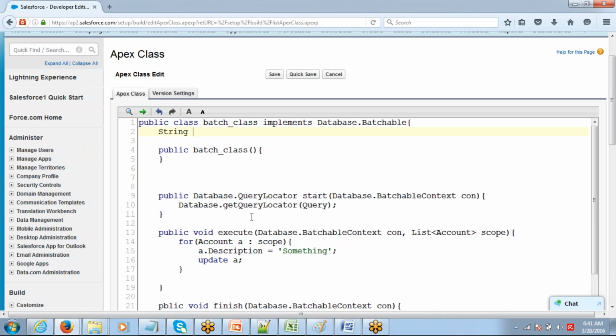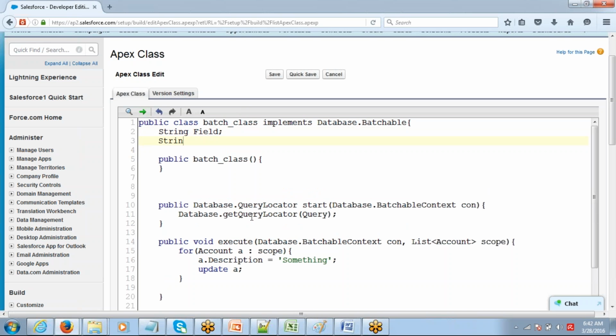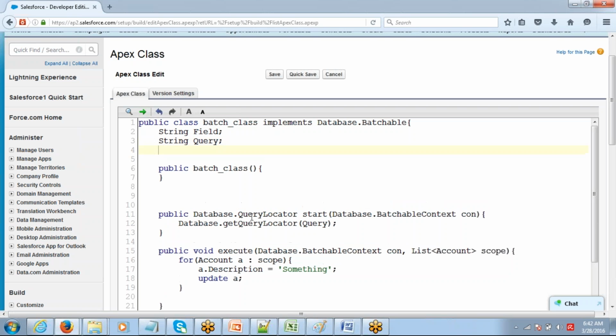So let me call a string field, string query, string value. Okay, I've defined 3 strings because I'm saying that I just want these values to be variables. Which record needs to be processed, that's a variable. Which field needs to be processed, that's also a variable. And what value needs to be updated to that field, that's also a variable. Right. So I'm just gonna